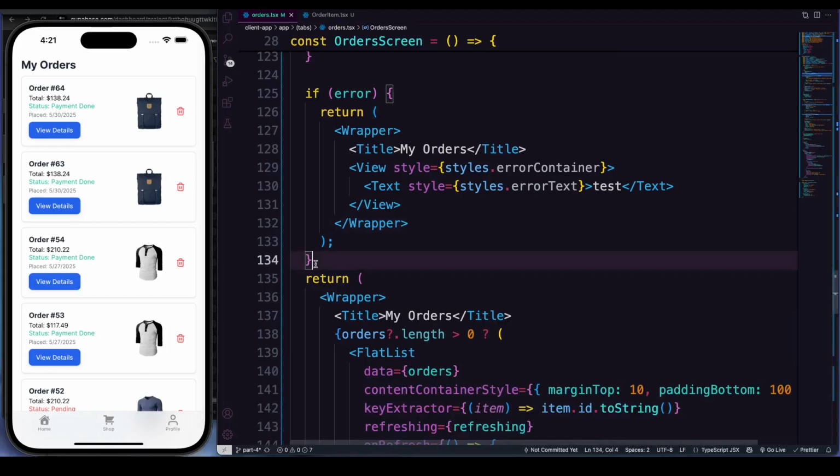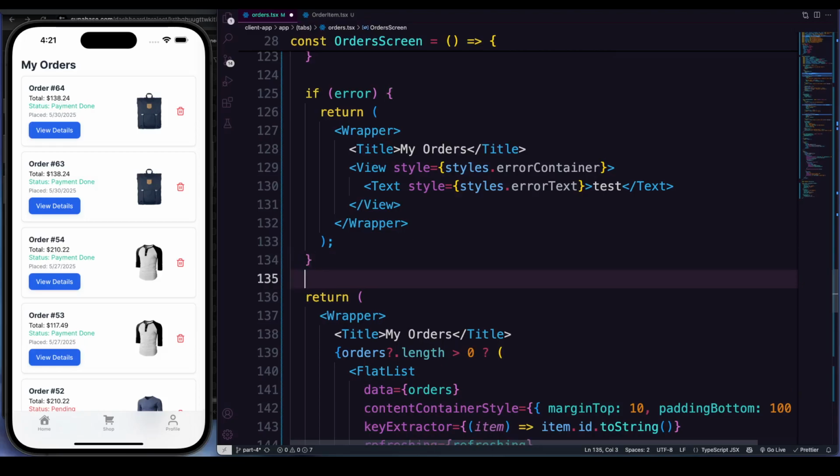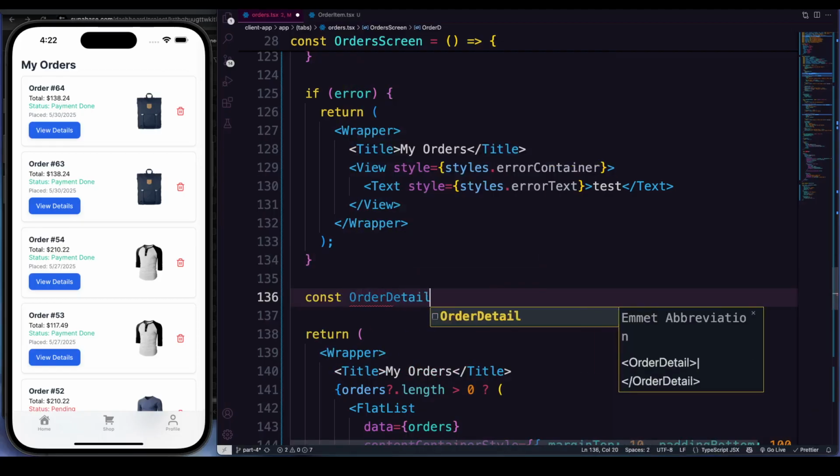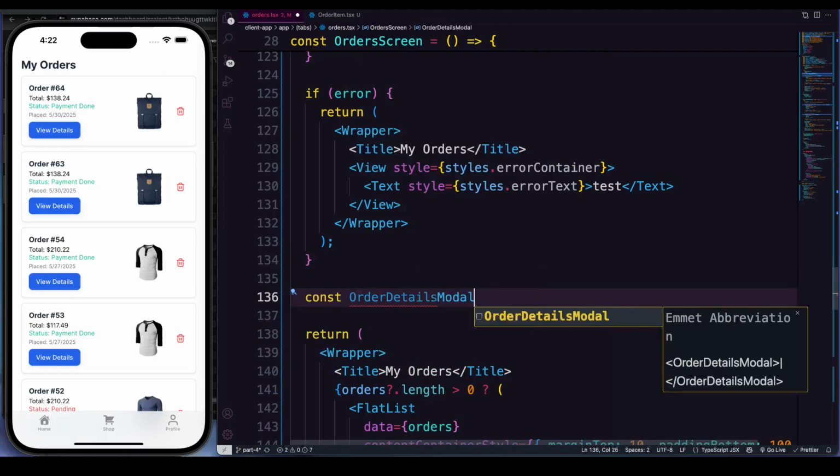You can create it anywhere you want, but I'm going to keep it at the same distance so that it's better to understand. But you can also create it like a component, and then pass it here. So what I'm going to do here is make a const, that should be OrderDetailsModel,